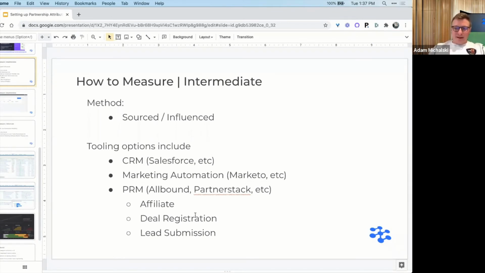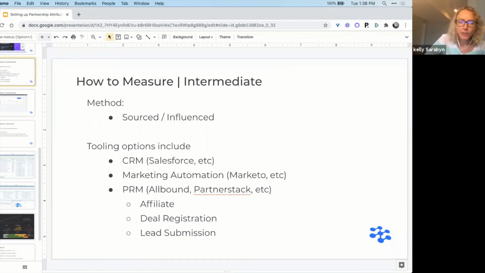The other big one is lead submission, which allows you to understand who's submitting any type of leads. It's almost a derivative of deal registration in a lot of ways. When you're tracking partnerships in which you're going to be compensating partners, a PRM could be a complete lifesaver. Otherwise, it becomes very, very difficult to track any of that.